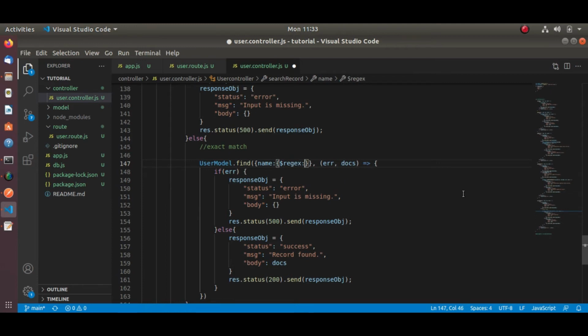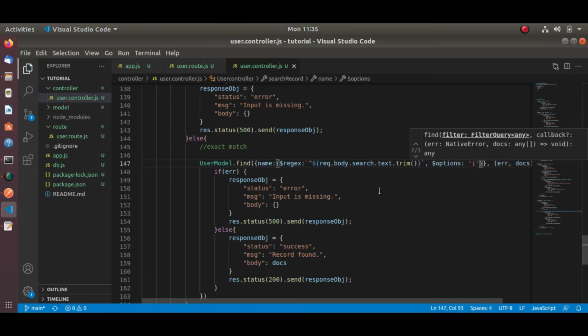Here, we can just give the caret symbol with our input. Then my next parameter is the option. So I will explain this line of code.